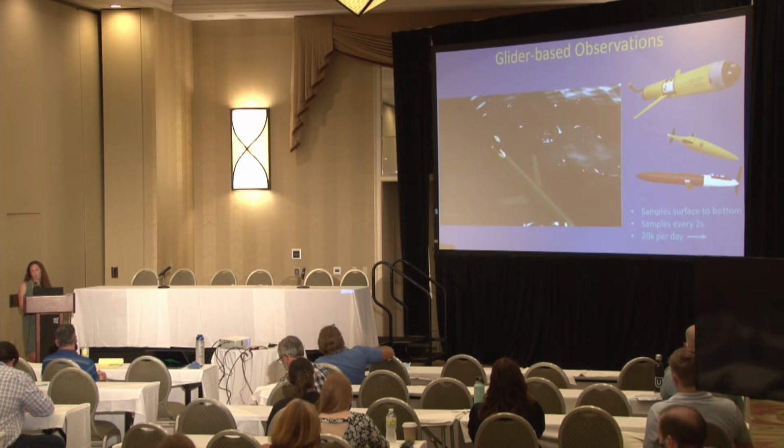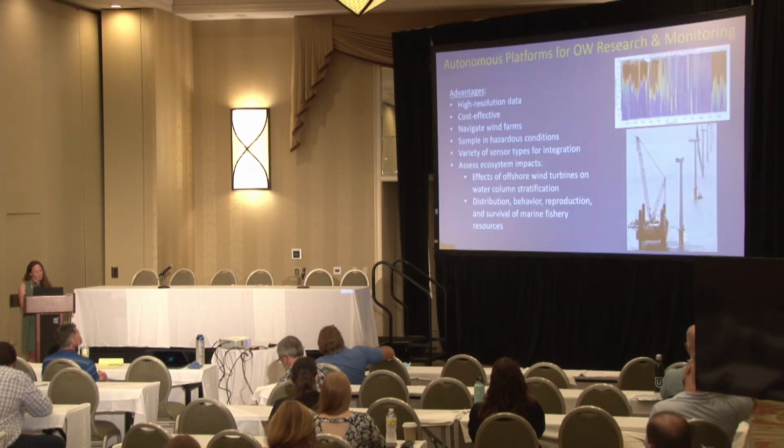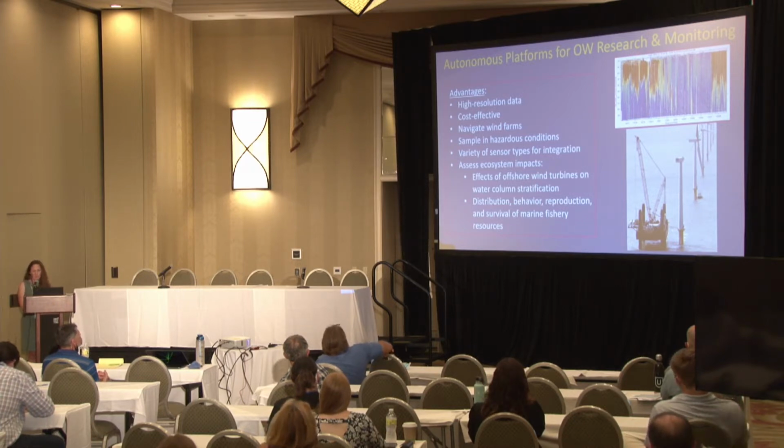And we have the limitations, of course, of biofouling. That's typically our biggest limitation in our very productive coastal environments. So it can provide high-resolution data, and this is true for most autonomous platforms with sensors on them. For gliders, for instance, on the top right, that's a depiction of an example glider profile showing high vertical and horizontal resolution in time and space. For a mooring, you get very high temporal resolution in a specific area. But typically, these autonomous platforms provide that high-resolution data. They're typically